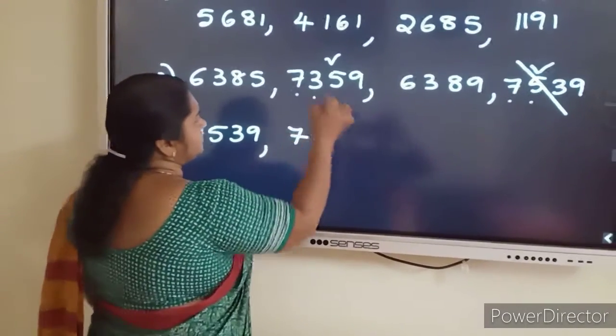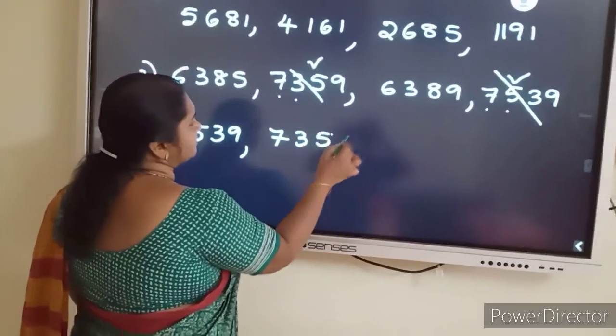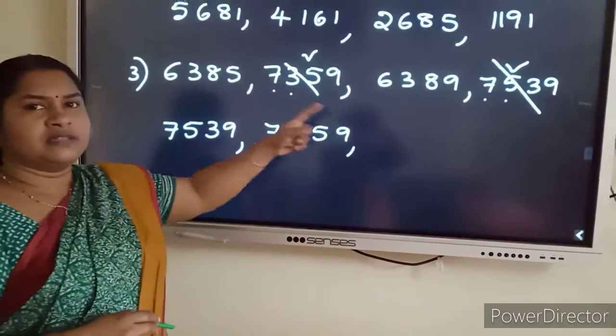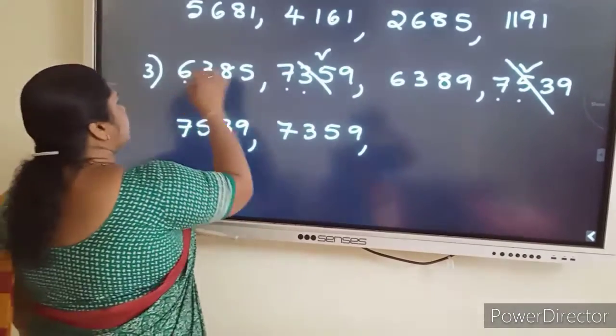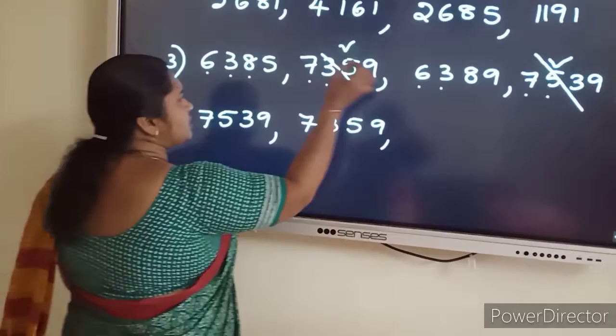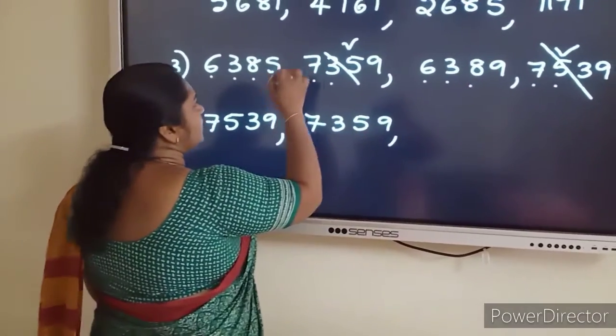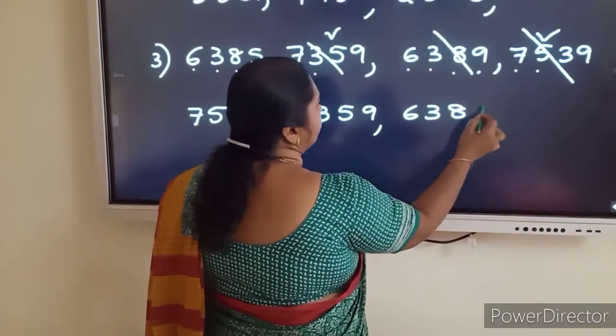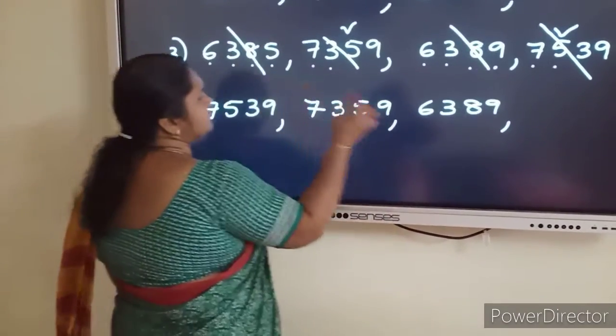Then we have 2 numbers which start with 6. The first digits are same, the second digits also same, the third digits also same, and the fourth one is different, and this is more. And the last one,